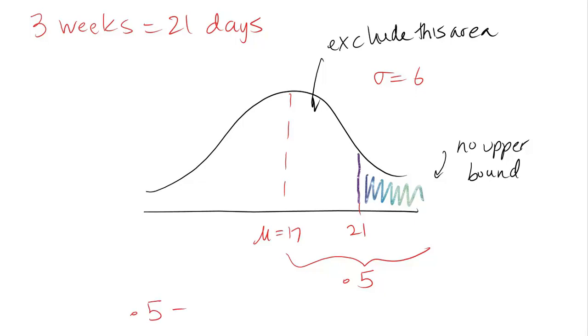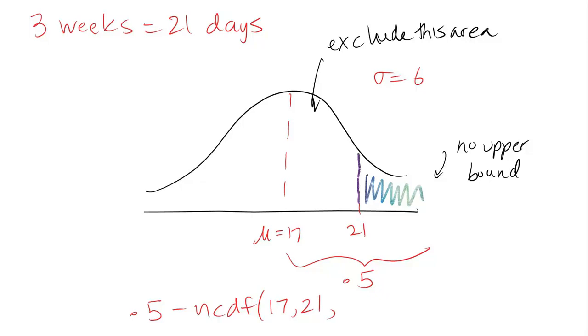And what's so nice about that area that we're excluding? The area we're excluding has a lower bound and an upper bound, and so we can put that in a normal CDF. The lower bound of the area we're subtracting away is 17, which happens to be the mean. Remember, the mean always shows up twice in these 0.5 plus and 0.5 minus problems. The upper bound of the area that we're subtracting away is the 21,